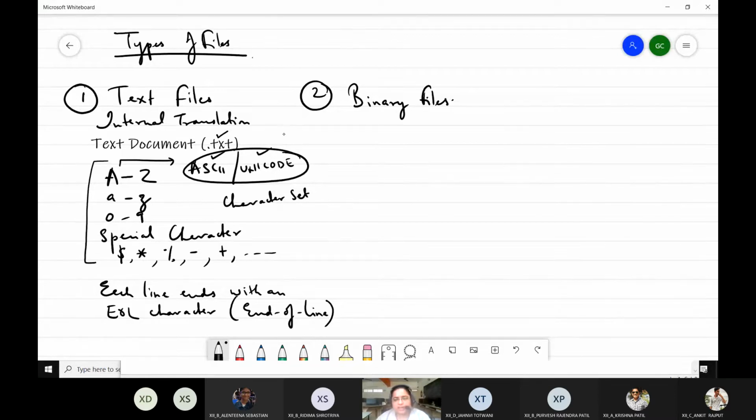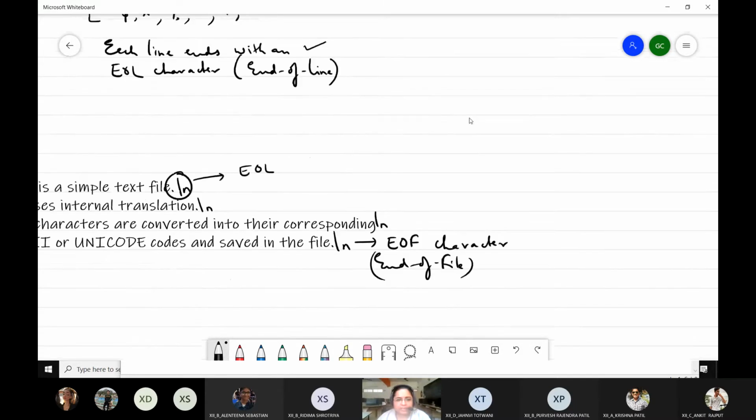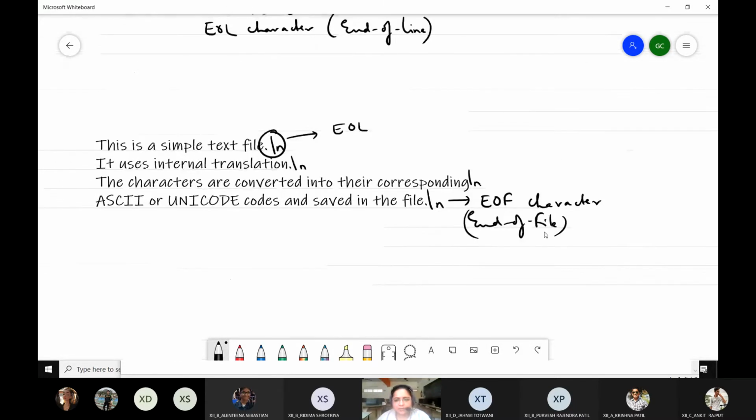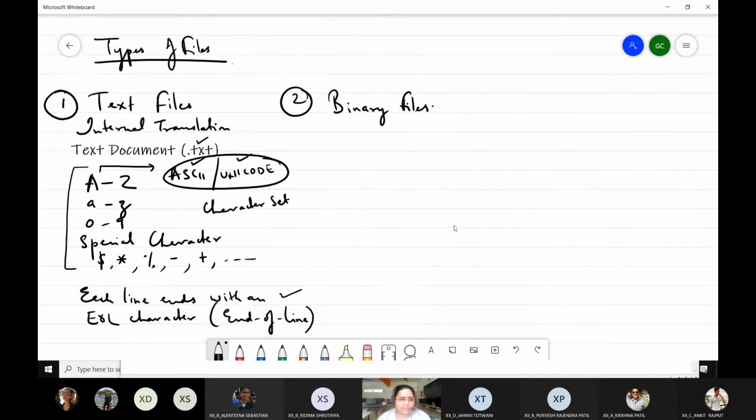We cannot save any data which is audio data or video data or image file data in a text file. In a text file, each line ends with an end of line character, and each file itself ends with an EOF, that is end of file character. That means there are two delimiters which we use with text files.